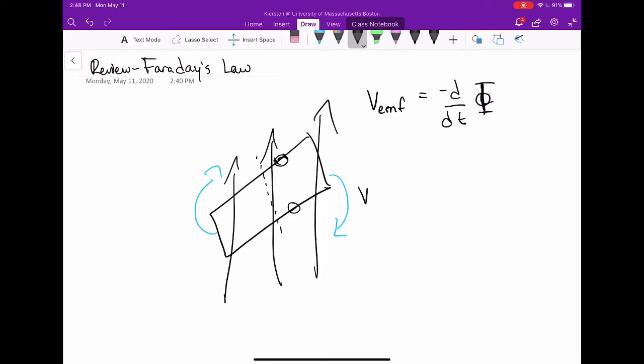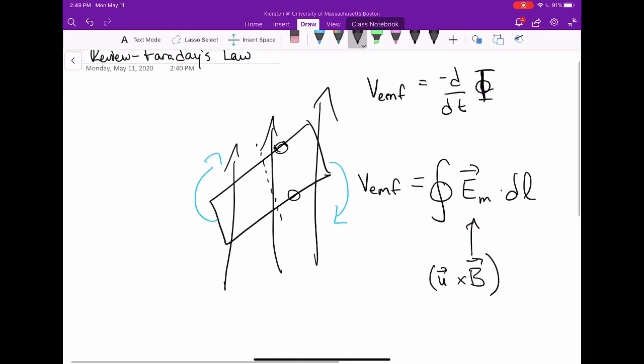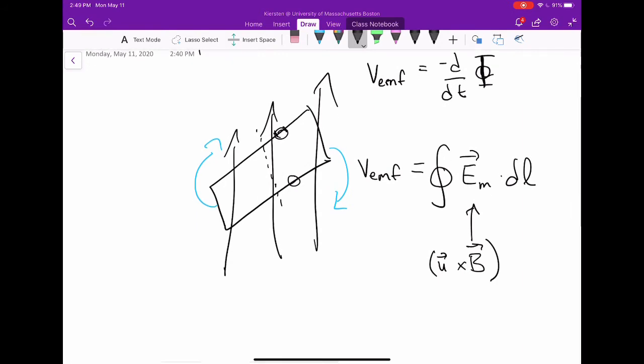The second way of solving this problem uses the motional EMF method, where the induced EMF is the integral around the loop of the effective electric field dot dl, where that electric field is u cross B. We'll look at the first method first, and that's the one where we're finding the time derivative